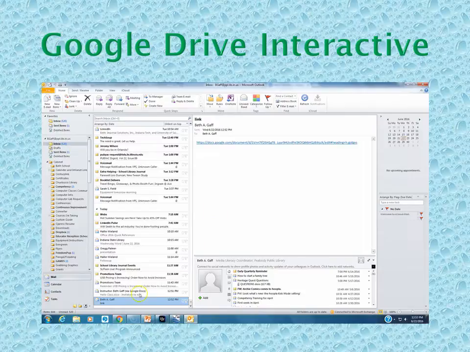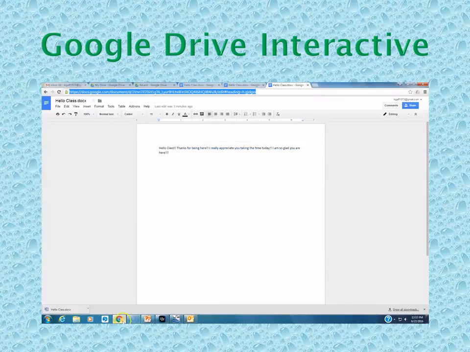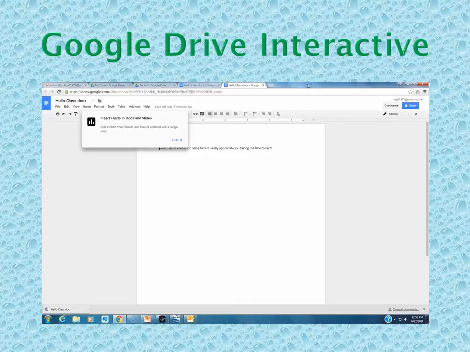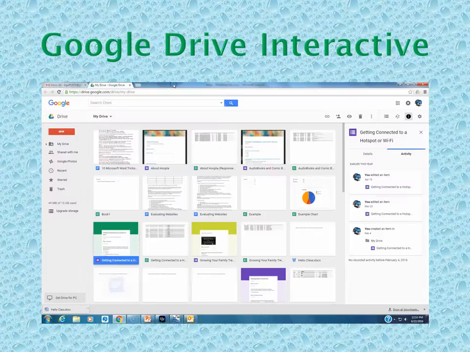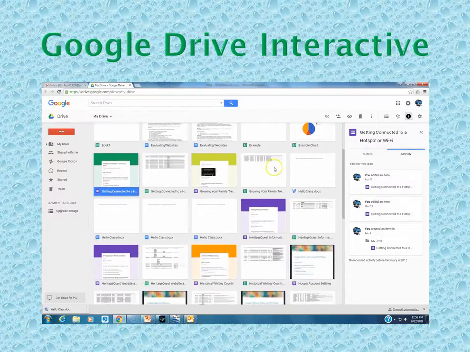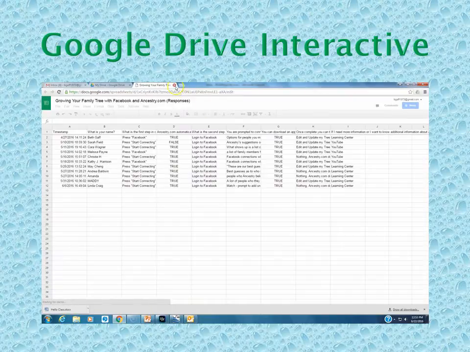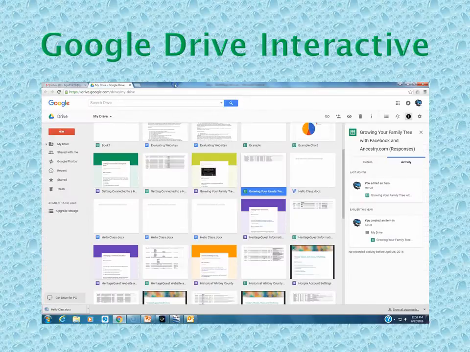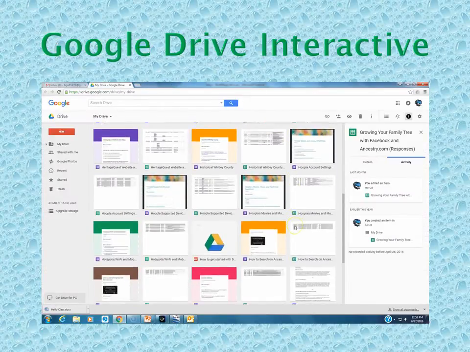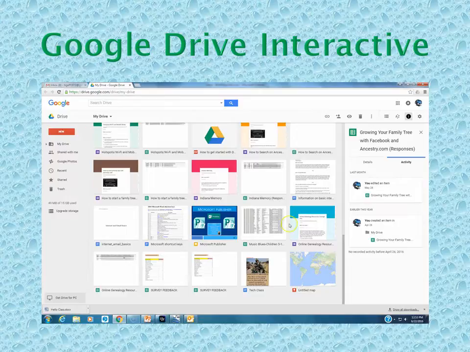Okay. Hopefully this interactive helped you out a little bit. I realize it was like 10 minutes long, and I do apologize for that. But I really do want you to make sure that you understand how Google Drive works. If you're not getting it, then you're going to want to get with me so we can get you going on how to get it.